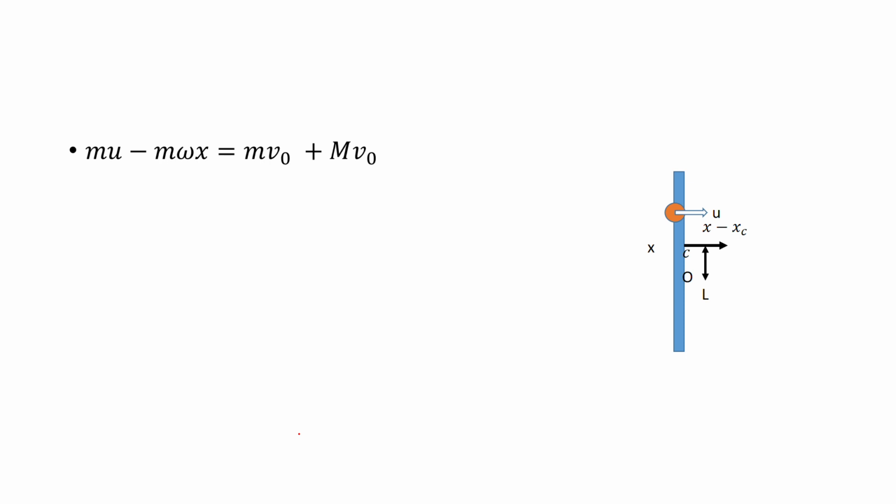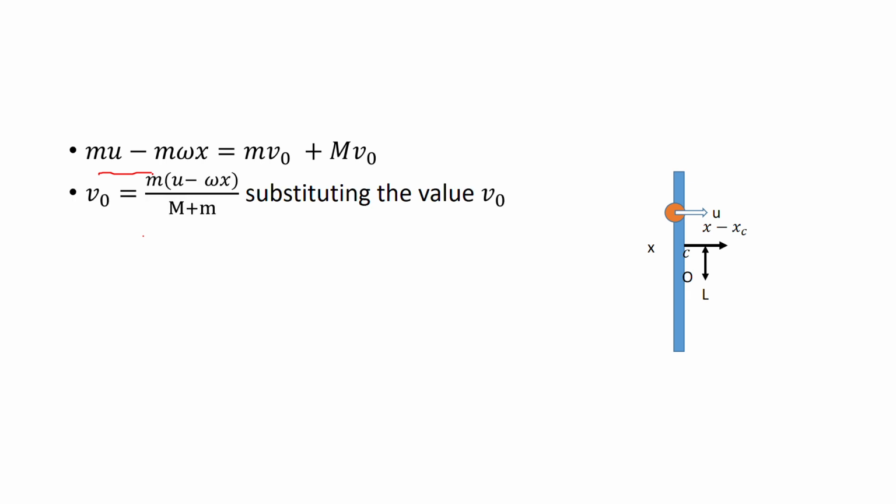Now this term is from conservation of linear momentum, that is mu equals to mv naught plus m omega x plus mv naught, and we have simplified it. So we can calculate the value of v naught as m into u minus omega x divided by m plus m, and